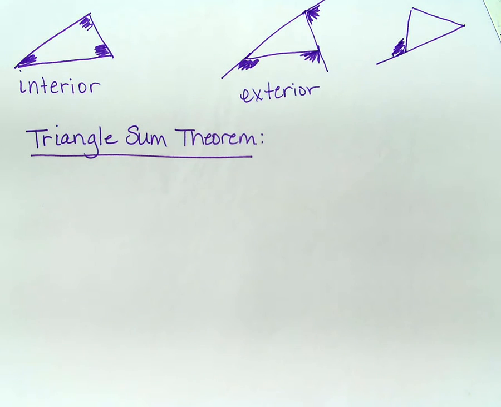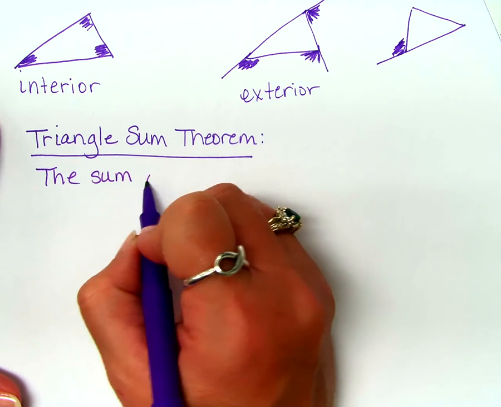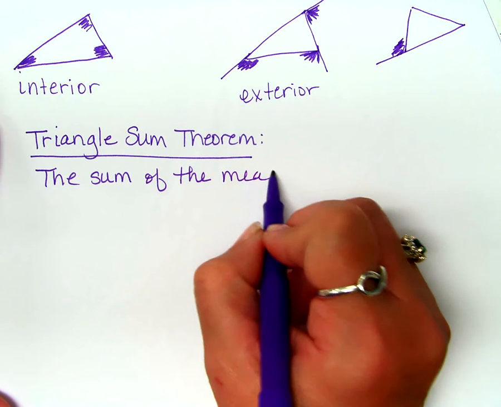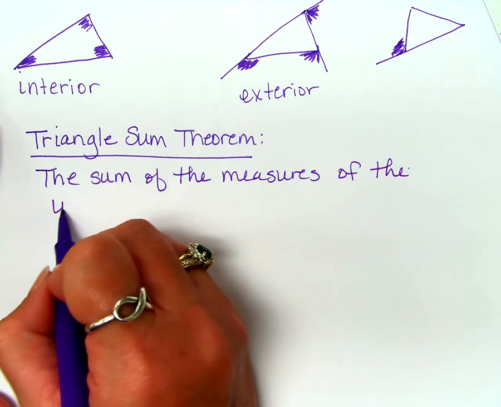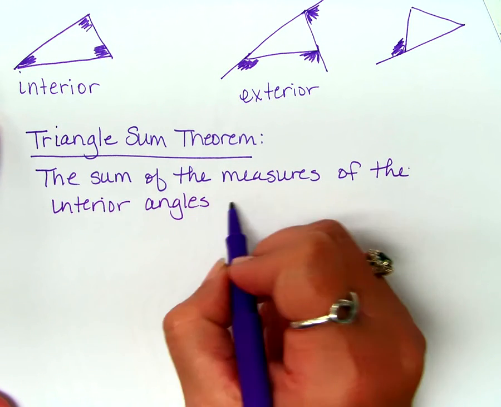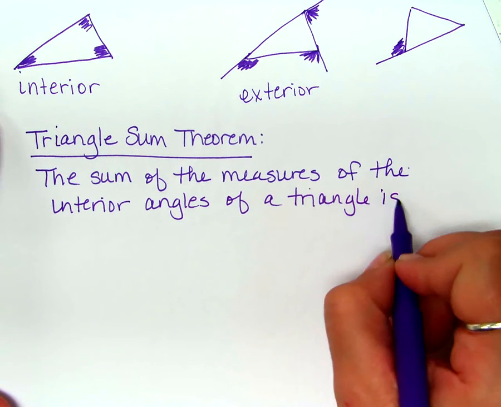What do you think this theorem is going to have something to do with? Look at the name of it. What does it have to do with? Something about adding and something about a triangle, right? Okay? So here's the theorem. The sum of the measures of the interior angles of a triangle is